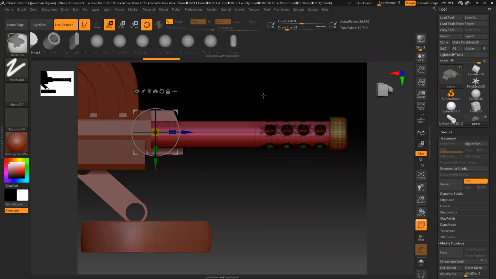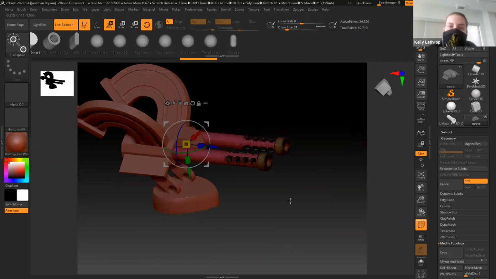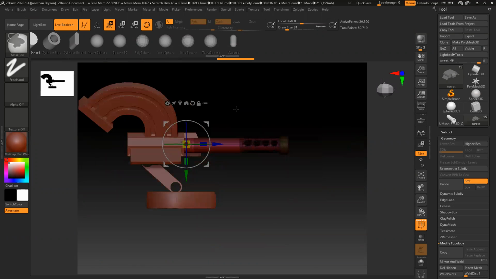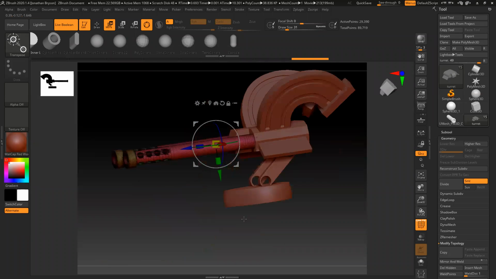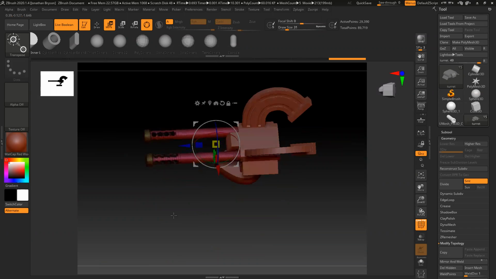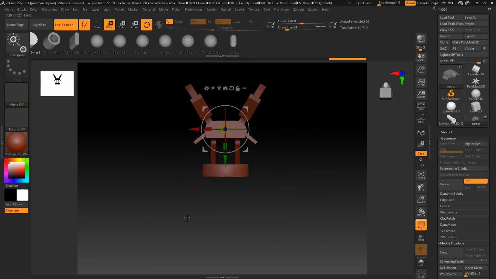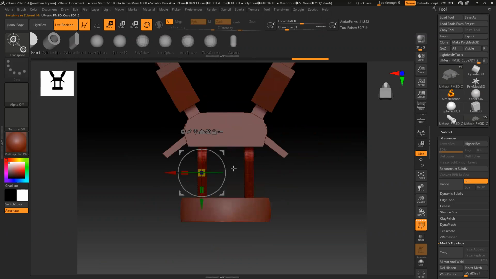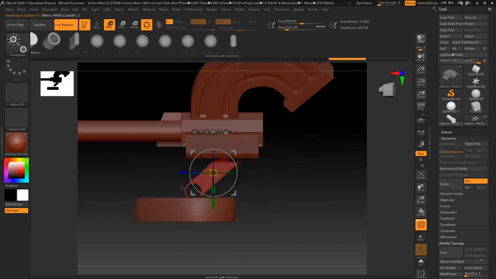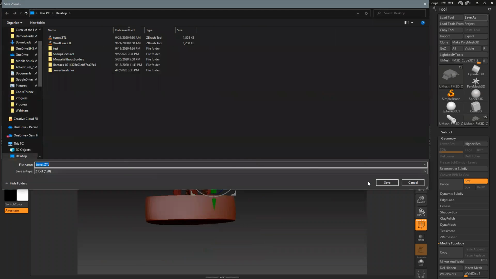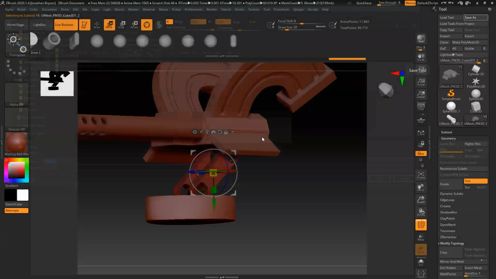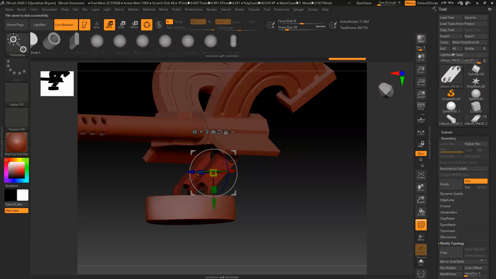Yeah, now it's a turret. All right. Need to stop messing with that. Okay, so I'm going to go ahead and